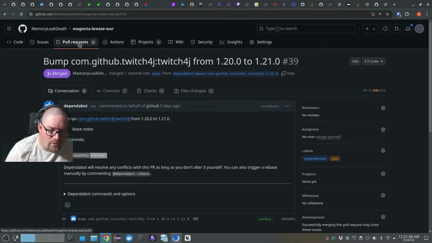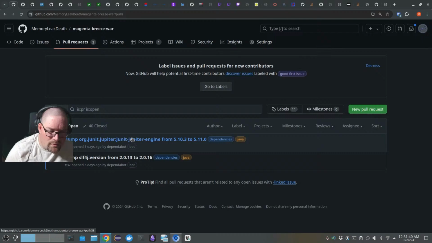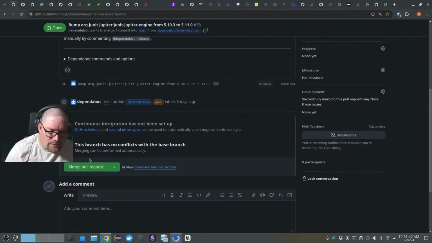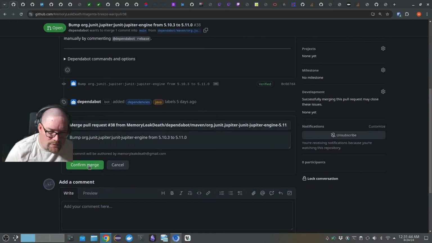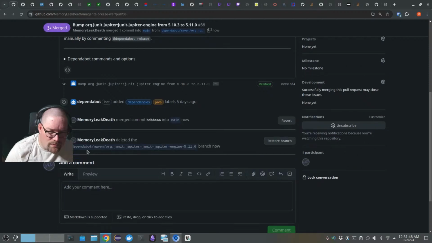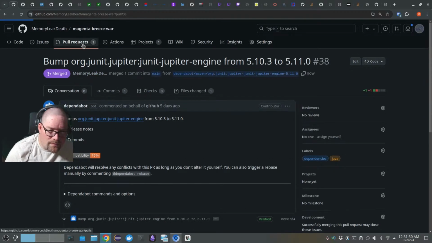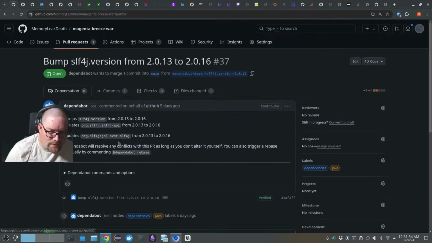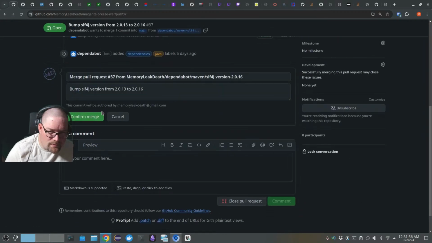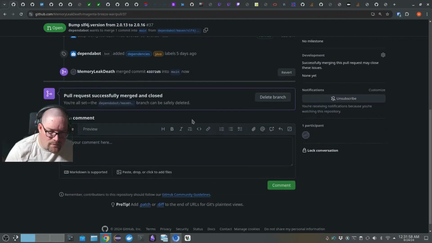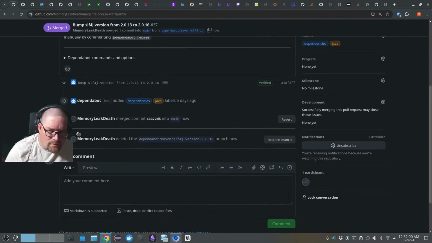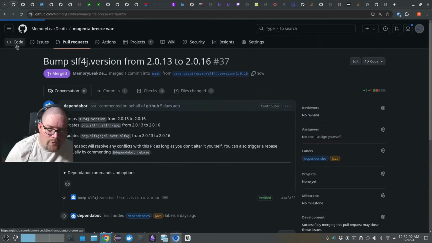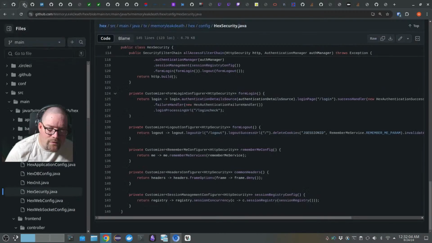Go. JUnit. That and SLF4J. Okay, so we have those merged down, and then let me look at